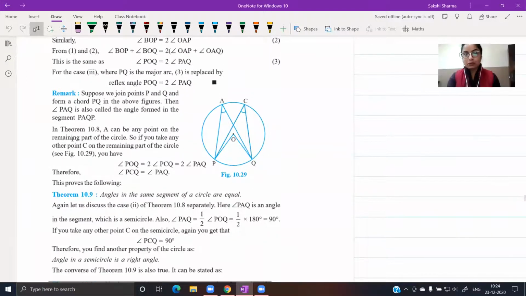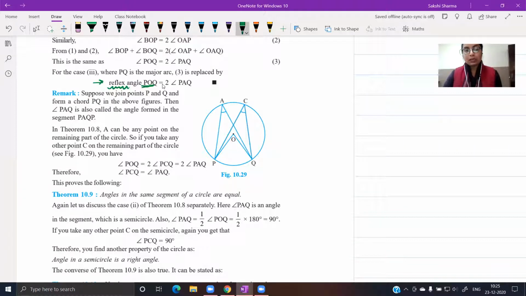So you can just mention one more thing after proving your result, that in the third case where your arc is a major arc, the central angle becomes a reflex angle, and then the relationship is written like this. This is again the angle at the center, right here. This is the central angle, but in case PQ is a major arc, the central angle will be a reflex angle. The result is the same. The central angle is twice the angle at the circumference. Or you can use it the other way around. The angle at the circumference will be half the angle at the center, depending on